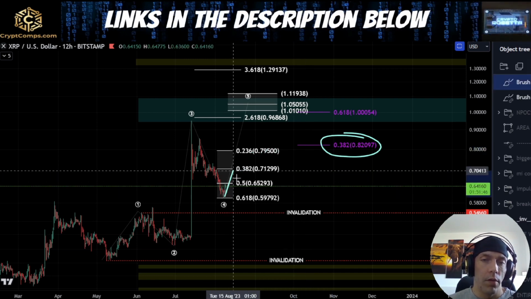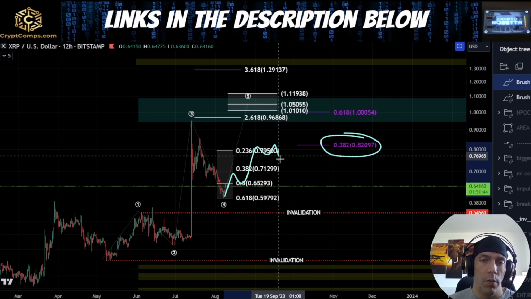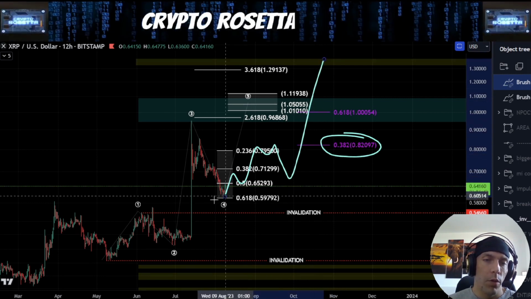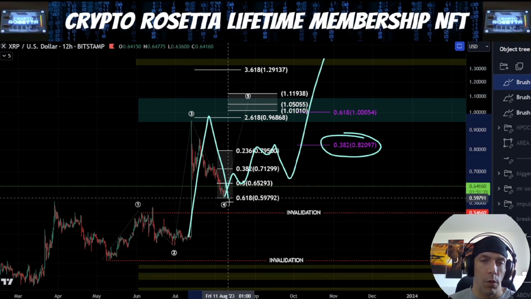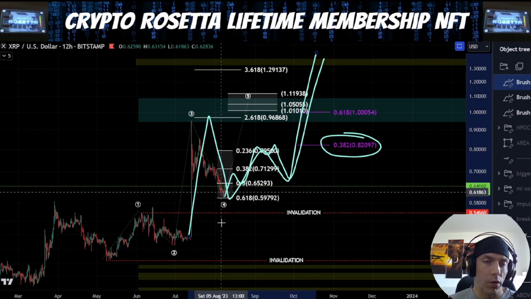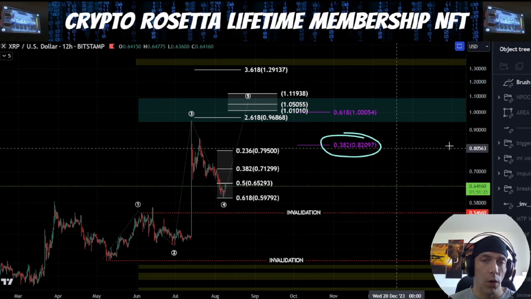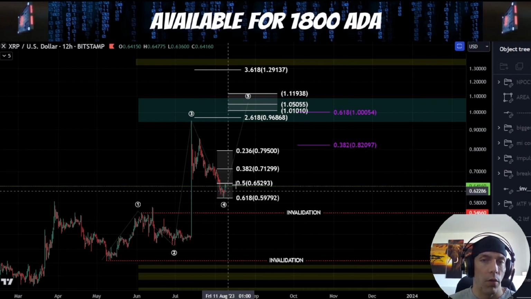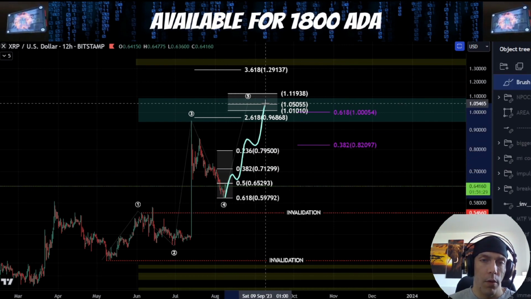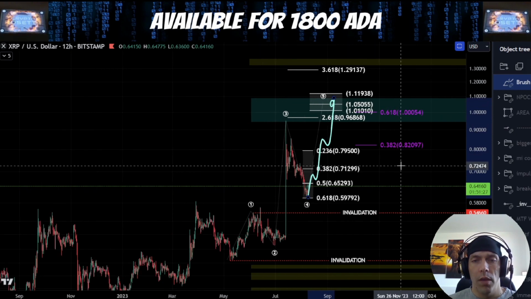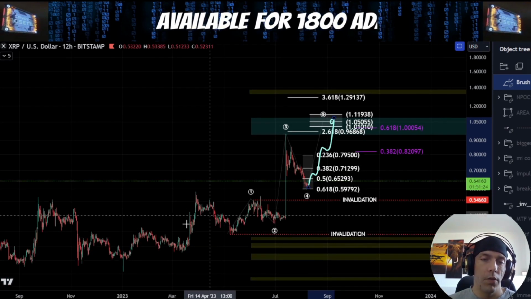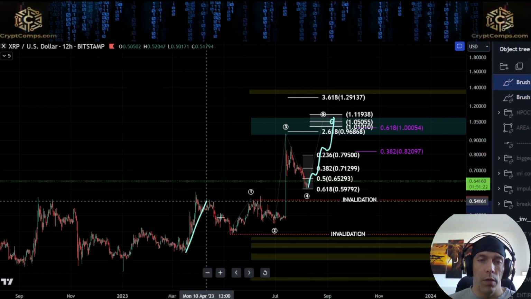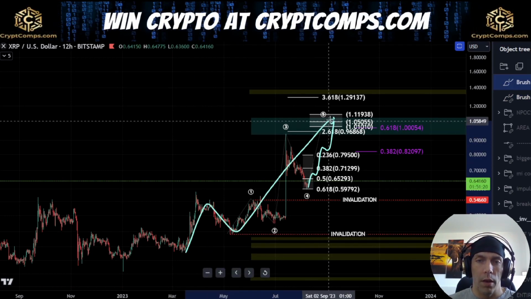Now, if we do see something like this where we see a 5-wave move here, we need to be very careful, because within the other count this could mean that this is becoming 1 2 1 2, and then we start to see that bigger third wave developing. So it's going to be very important to sort of watch these subwaves and see how they react. If we just see a bigger 5-wave move to the upside here, what I would then be looking out for is the potential that if we are following this additional count, this could all become that third wave,